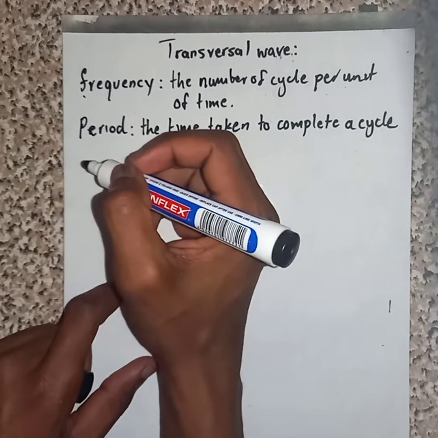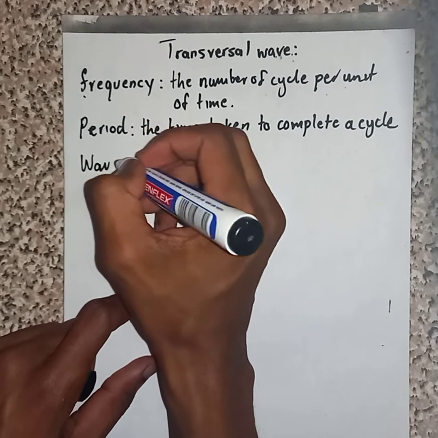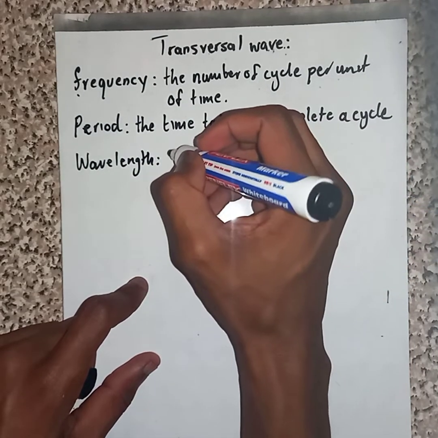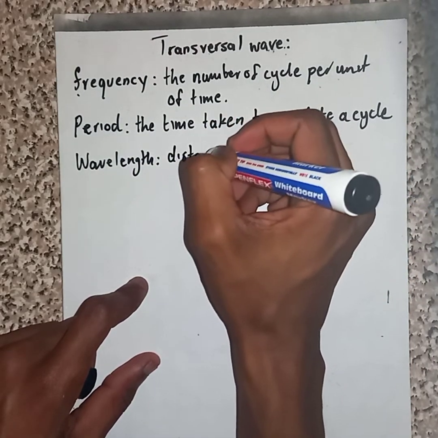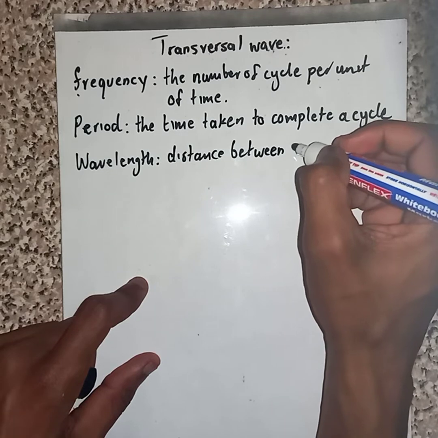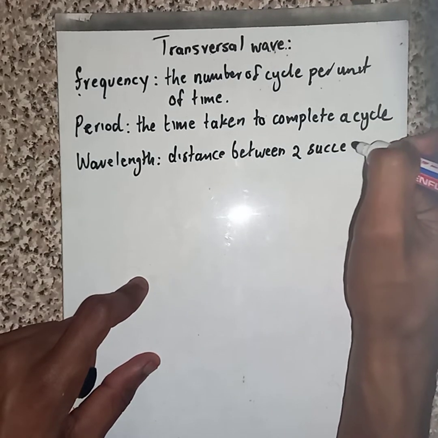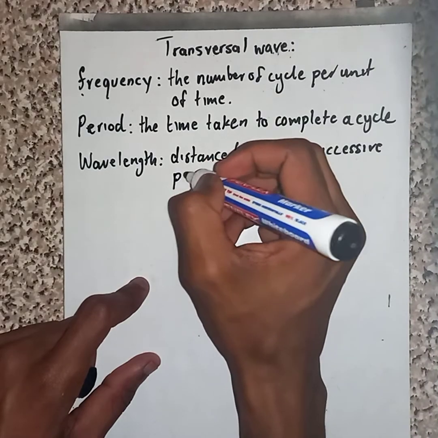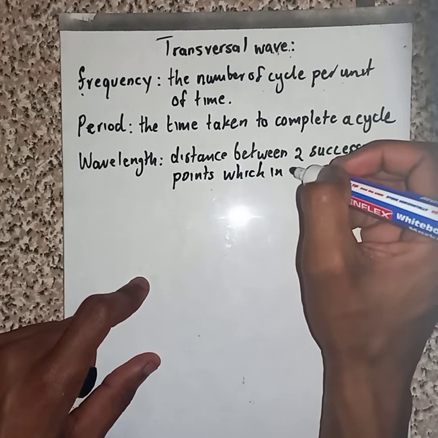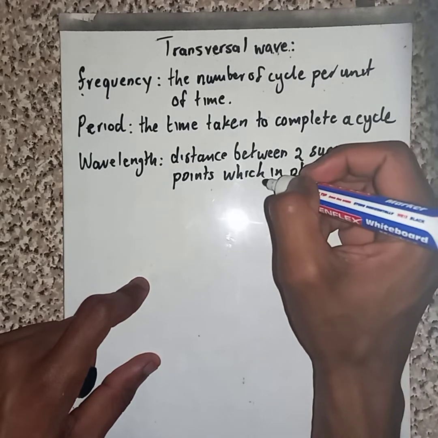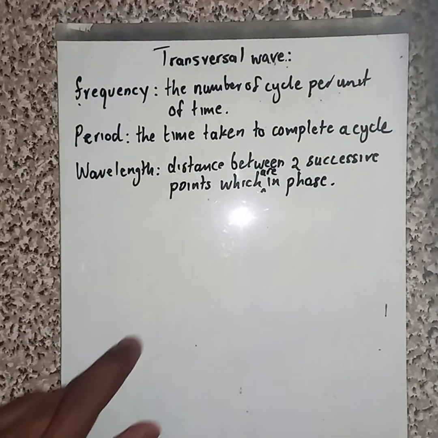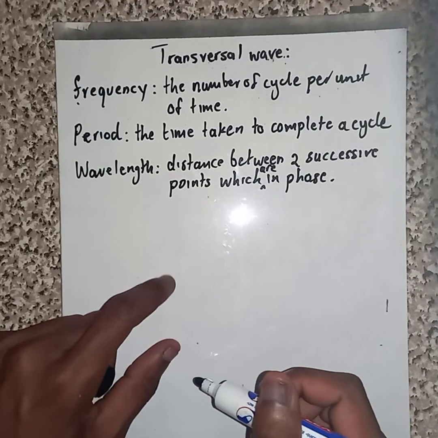You see? Then we also have the term wavelength. The term wavelength implies the distance between two successive points which are in phase. Okay, see, then now